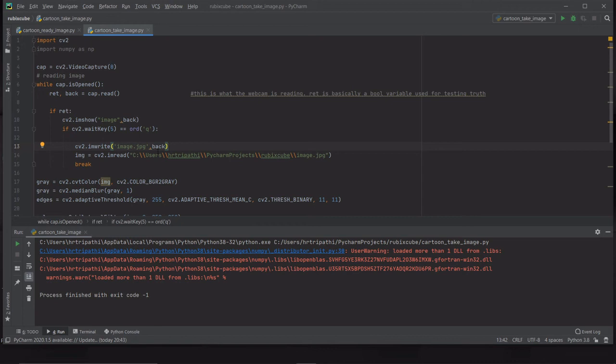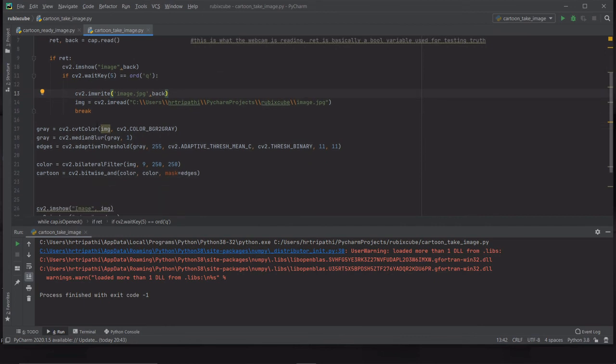Back was the image at that particular instant when you press Q. That's how that goes. Next up, I'm going to be using img as cv2.imread. Now I've saved this image.jpg in my directory. So this is the particular directory, and break. After you saved it, you break it.